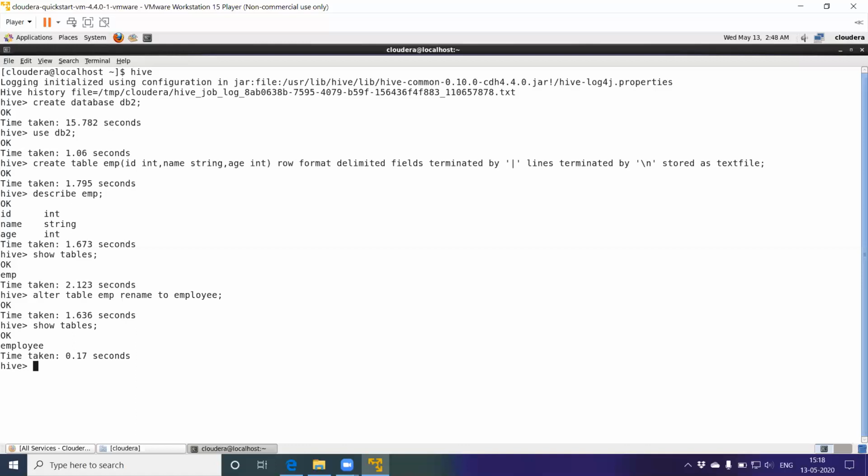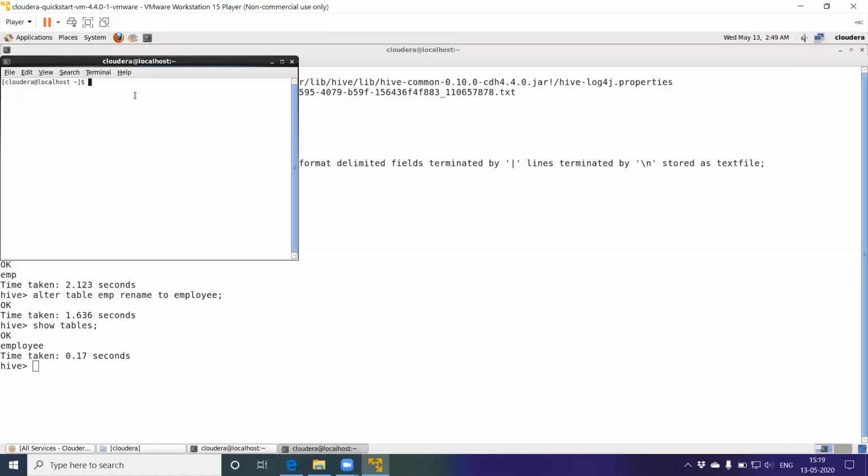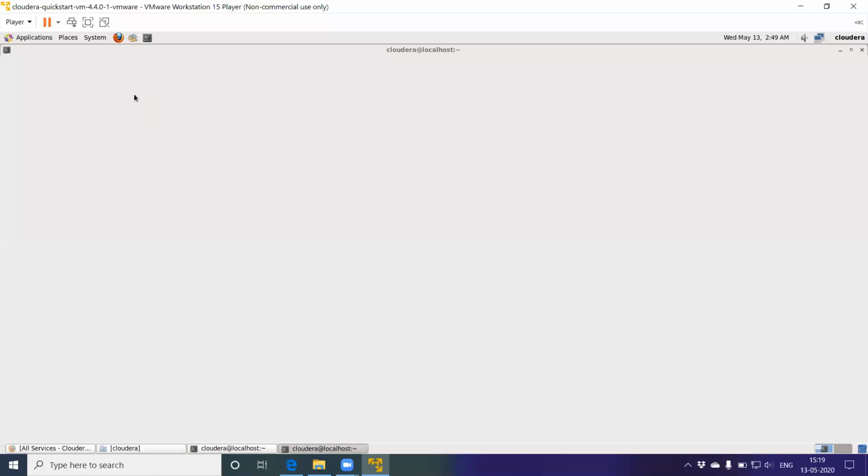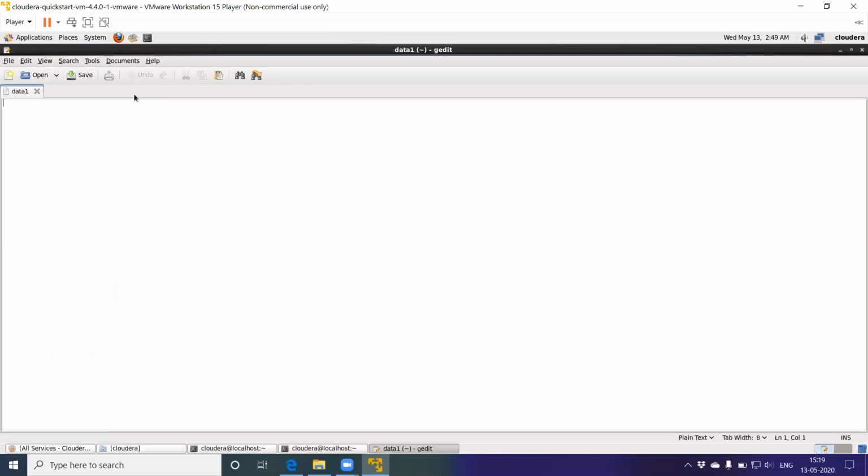Now to load data into this table, you need a data set, right? So let us create a data set matching this particular schema. Open another terminal and open an editor using gedit, and type the content here. The first column is ID, say 1, pipe, since the delimiter is pipe, employee name, pipe, and age, say 20.